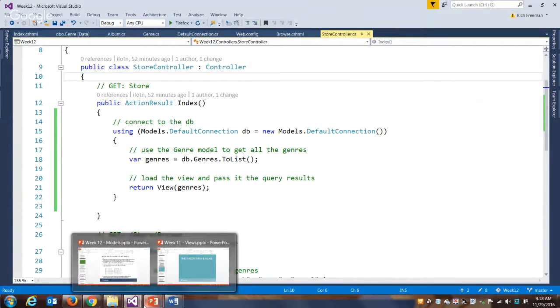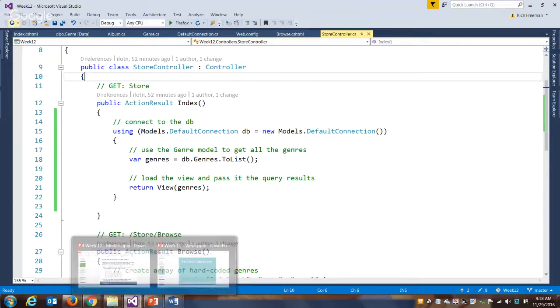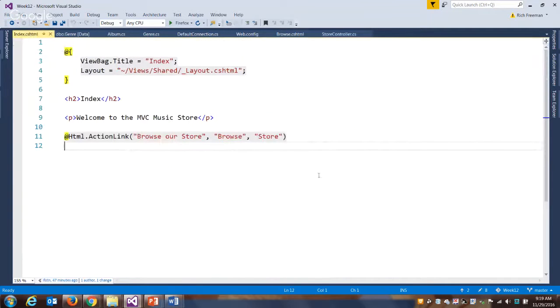So we've built our model. We've got our controller using that model to run a query, fetching data, and want to send it back to the view. So now we need to modify our index view. We're going to do a couple of things on here. The first thing we're going to have to do,